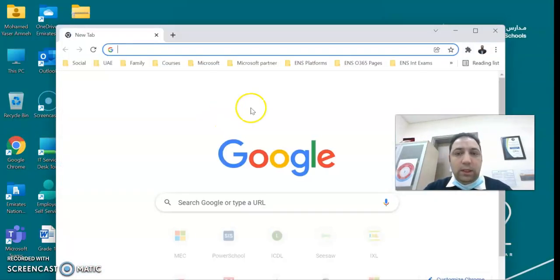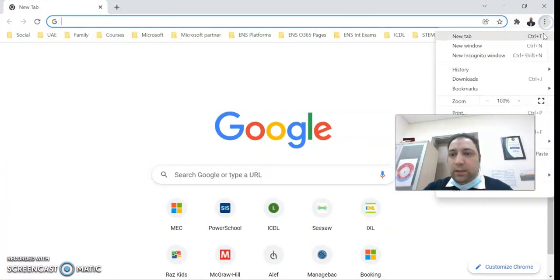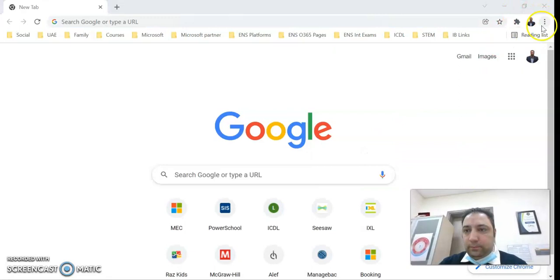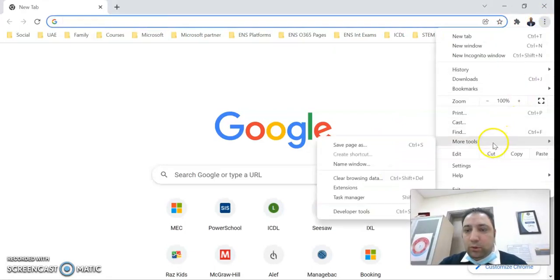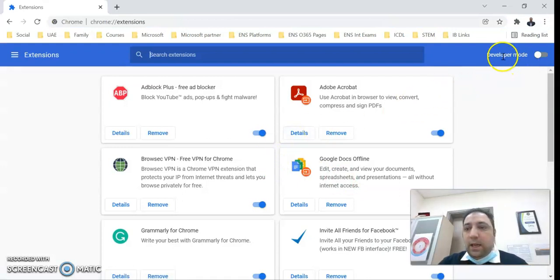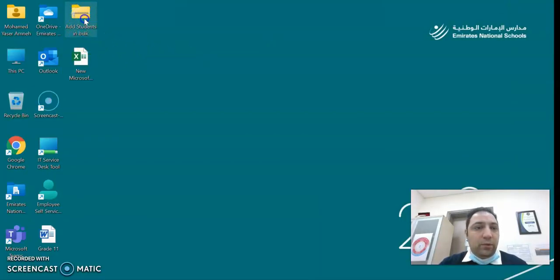So I will open Google Chrome. Then I will click here on these three dots. After that, I will go to more tools, then extensions. And then I will enable the developer mode. After that, I have to load back. But this one, I have at first to unzip